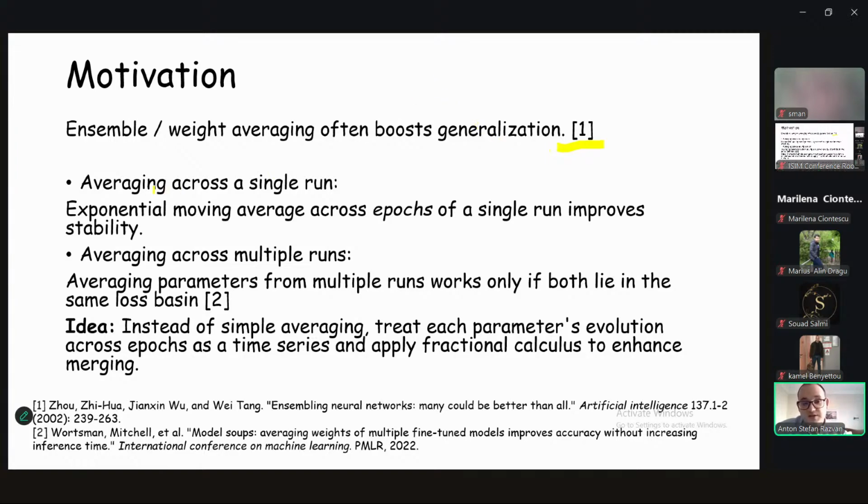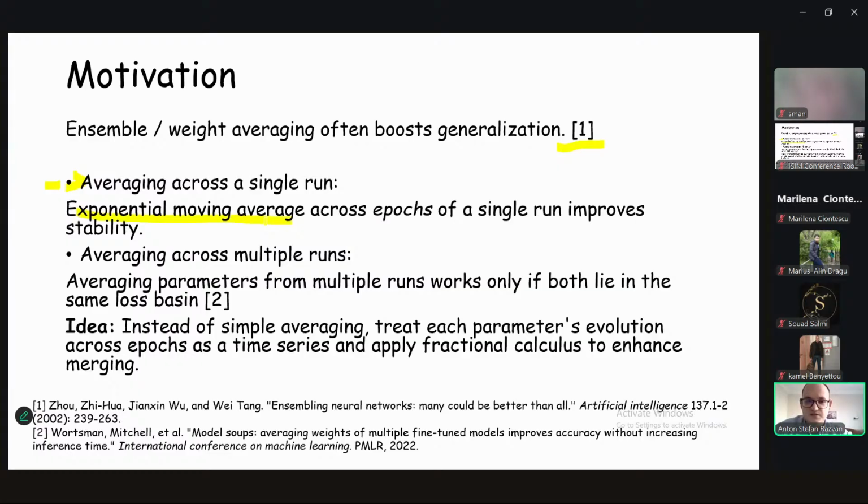The first limitation is averaging across a single run, where I have a model, I train it for a number of epochs, and then I choose the best one. The problem is that I lose the rest of the epochs. It's not wasted compute, but it's near it. So from 100 epochs, let's say I just choose the best one, and I lose 99 epochs. I might want a method that combines some of the epochs, so I gain some more accuracy. For example, you can do that by exponential moving average across the last epochs, and you gain some improvement,